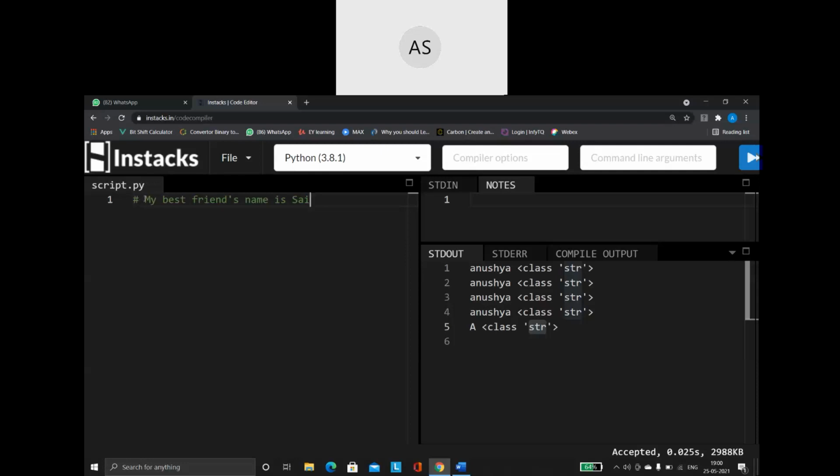I want to print this as my output: My best friend's name is Sai. So now how to do this? Let me just say I'm taking a variable called a, and I'm going to store this inside it. There you go. And then I'm just saying print a.